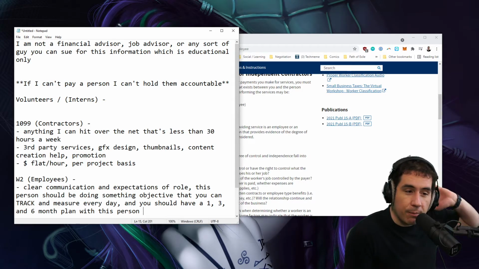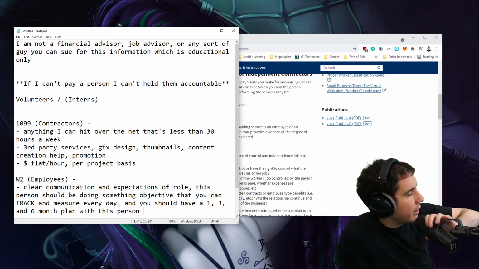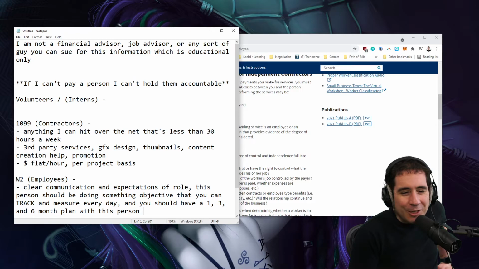A really classic problem at all levels of business is that people just hire people because they're trying to solve a problem, or they read some business book that said focus on your strengths, not on your weaknesses. Well, I need to hire someone for my weaknesses. I'm not good at sales, so I need to hire somebody for that. Well, you better get good at sales if you're running a business, right?